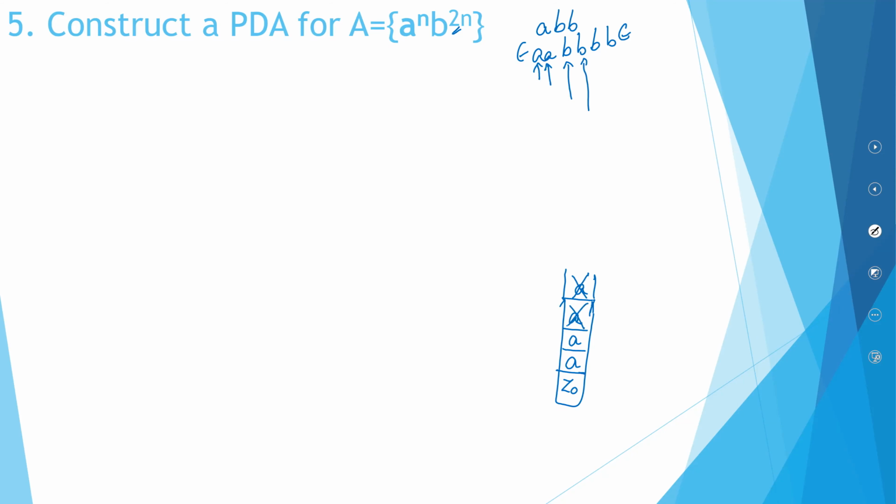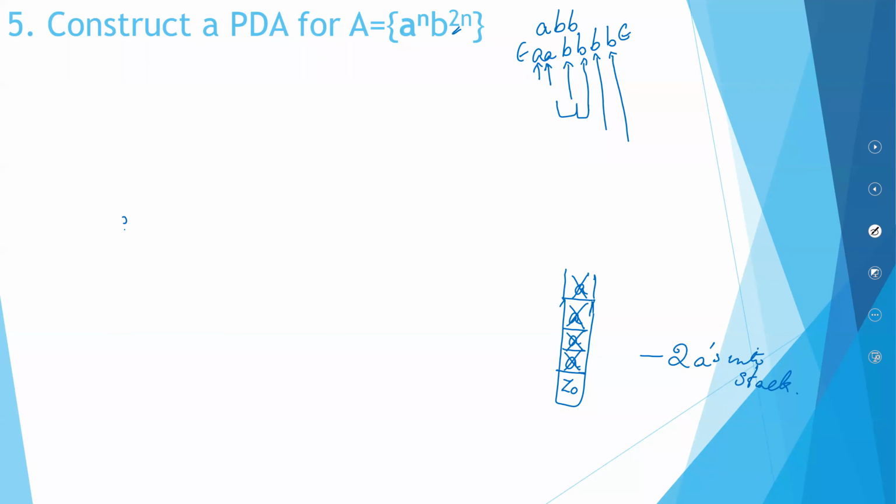So our earlier logic works fine. For each A, you will have 2 B's. After that, you will be encountering a next B, for which you will pop out an A, and you will be encountering your last B, for which you will be popping out another A. So this is the logic which you can follow when you have A raised to N, B raised to 2N. It's very simple. Whenever you encounter an A, rather than pushing in a single A, push in 2 A's into the stack. So let us now draw the pushdown automaton for that.